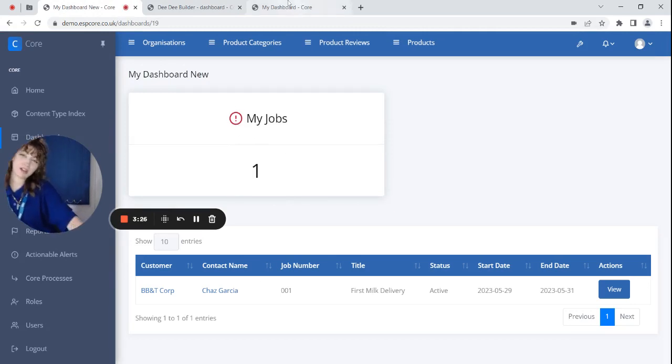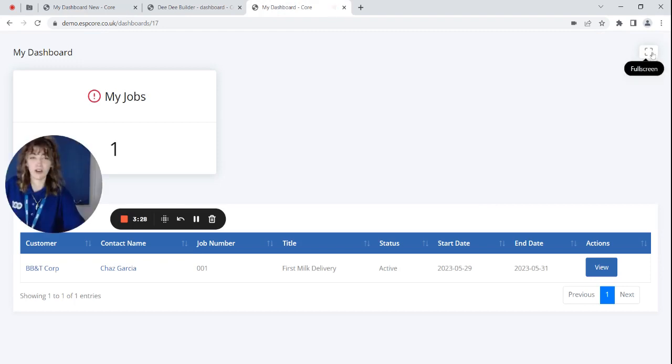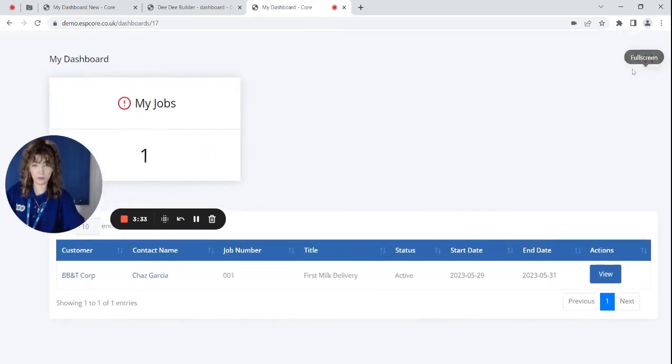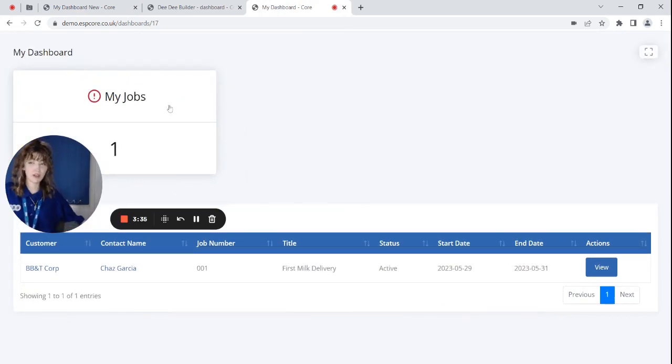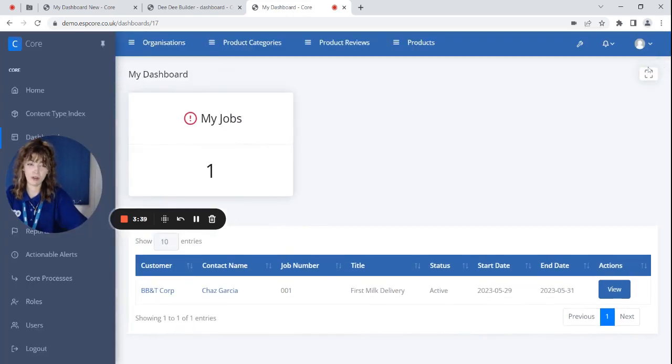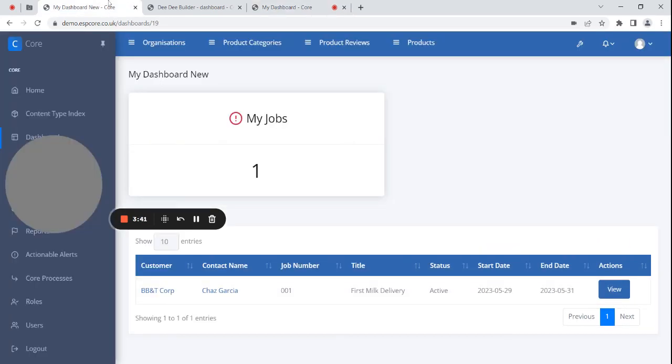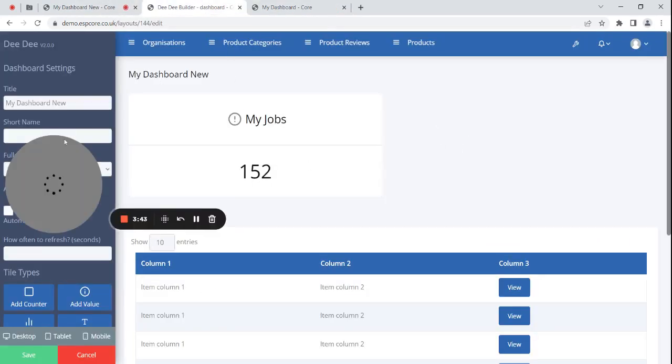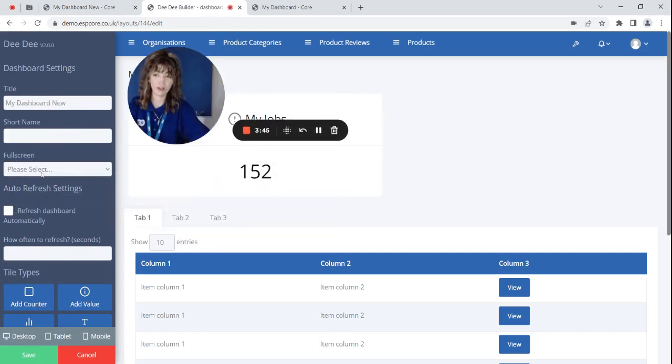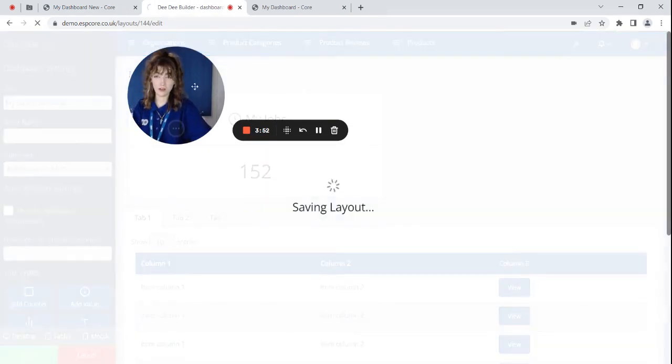One more thing that I added to the dashboard here is this little full screen button. Basically, if you wanted to display it on a bigger screen, make it look a bit better, make it fill the screen, you can add this button in. And the way I did that is, on the dashboard builder on the left, you can see this full screen setting here. So if we enable the full screen and save,